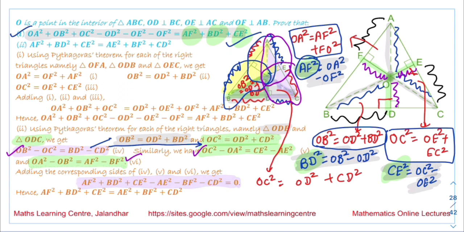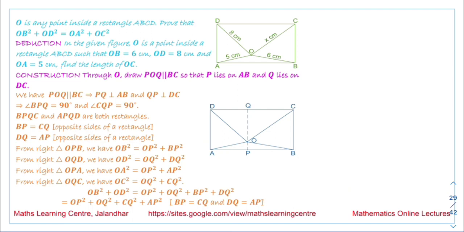We will get the answer in this form, and from this we will get this expression, that is expression number 2 that we need to prove. Now in this next question we are given that O is any point inside a rectangle ABCD. So this is the point O we are saying. We have to prove that